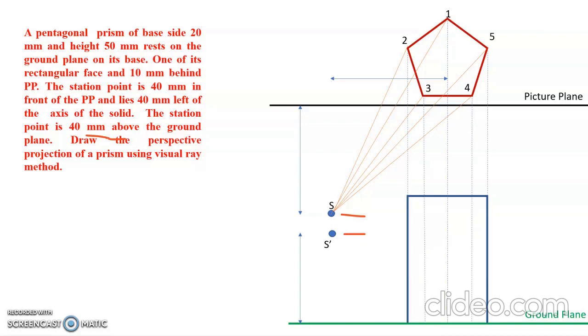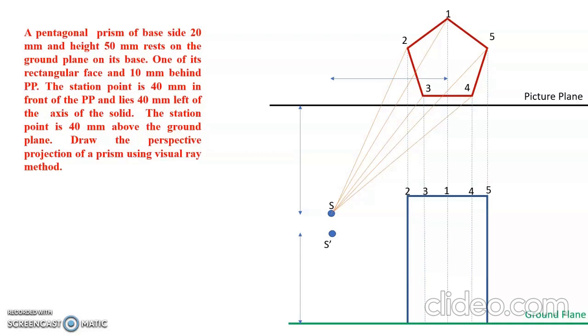From the ground plane we can see the front view. So what is the front view of a prism? It is a rectangle. A rectangular plane can be seen, and draw the visible and invisible edges. Then give naming of the particular front view and connect all the edges with respect to